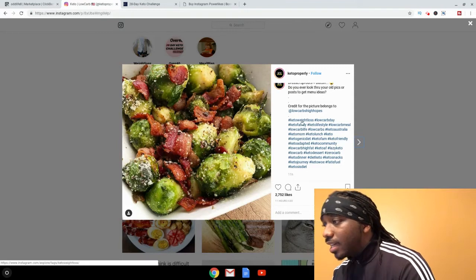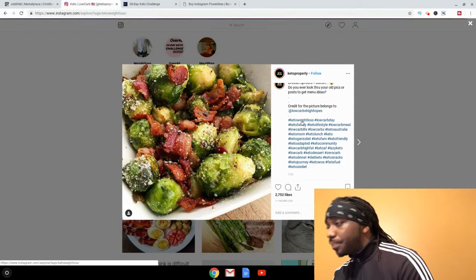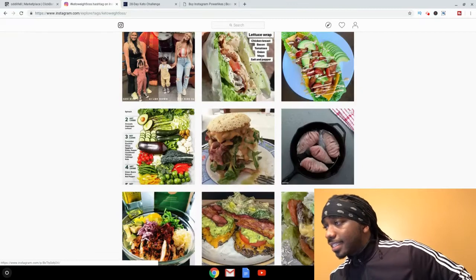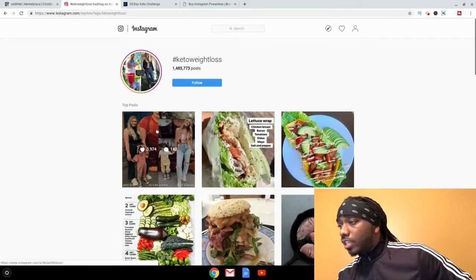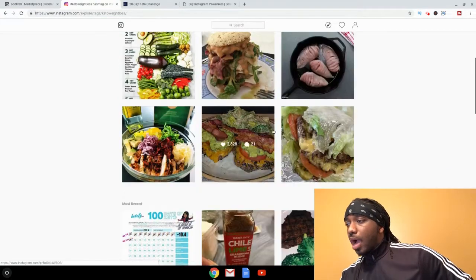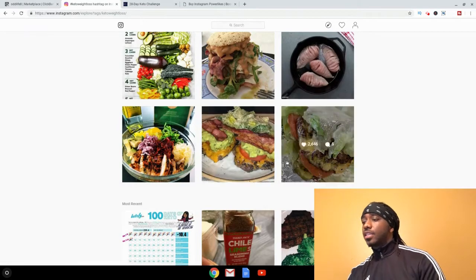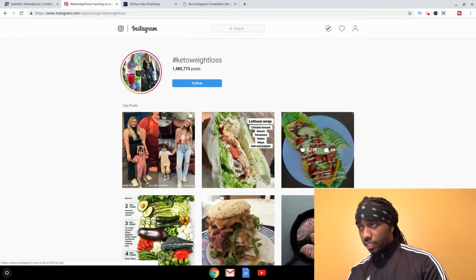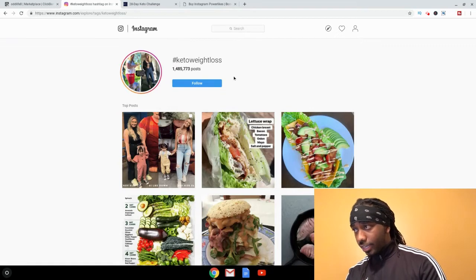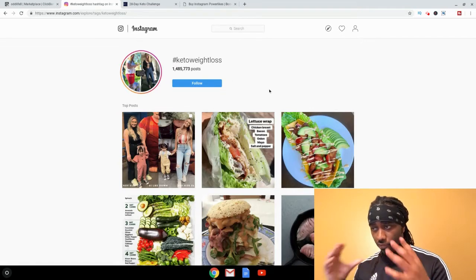As you can see, the keto, let's say keto weight loss, this is a hashtag. And so all these posts on here on the keto weight loss are popular posts in that niche. So you know the explore page, different ones like that. You can actually go on here, and if you're on the explore page, you can go viral on the explore